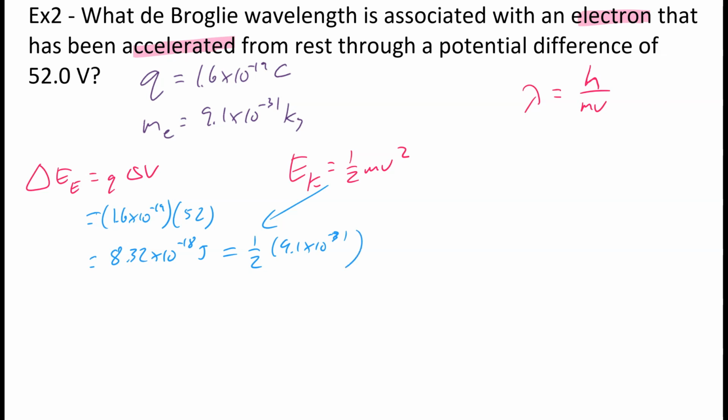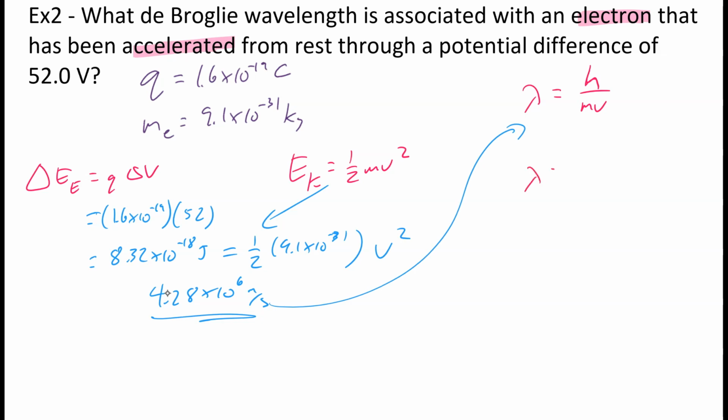And although it's a small energy, the mass is even smaller. So when we work this out, we end up with 4.28 times 10 to the 6 meters per second. Now we've gotten information that we can start to solve for this wavelength here. So we'll go ahead and do wavelength is 6.63 times 10 to the negative 34, over 9.1 times 10 to the negative 31, and 4.28 times 10 to the 6. So when we plug all that information in, we get an answer of 1.7 times 10 to the negative 10